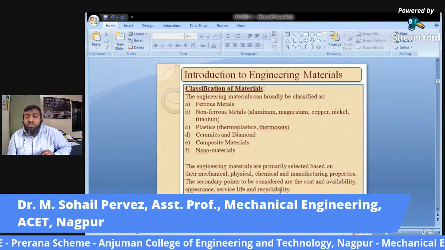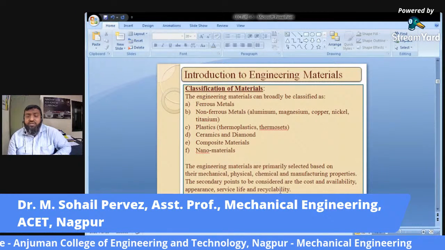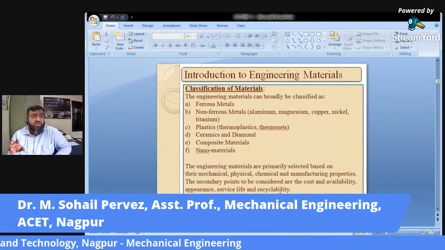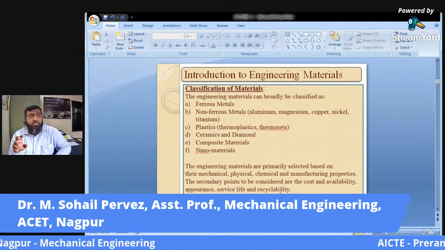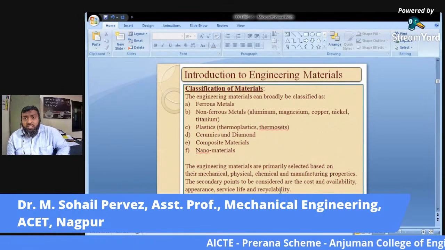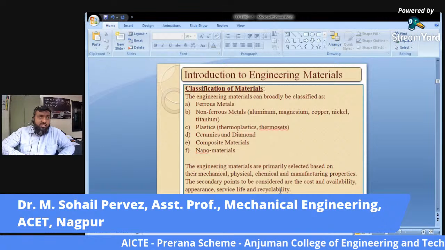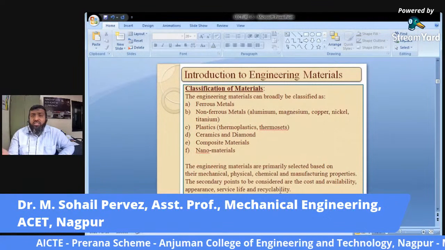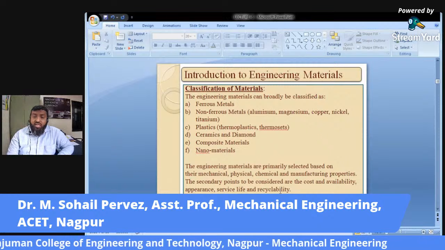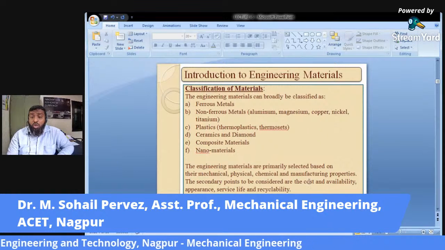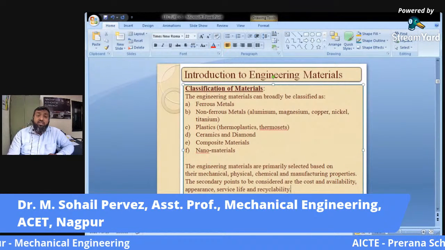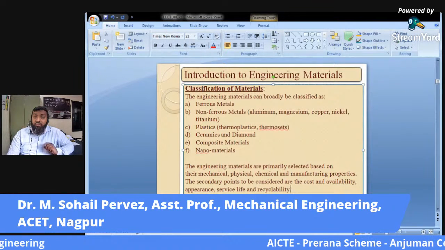Availability of the material is also an important factor apart from appearance, service life, and recyclability, because nowadays the government is emphasizing more that the materials used in our day-to-day life should be recyclable. It should not have a negative impact on our environment. That's why this aspect of cost and availability matters, and availability is the promising factor for